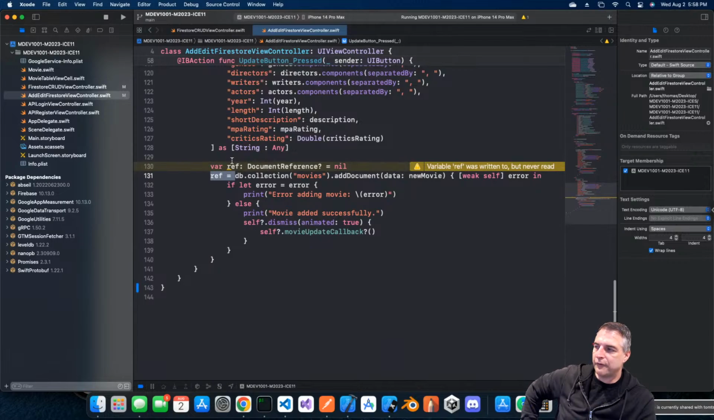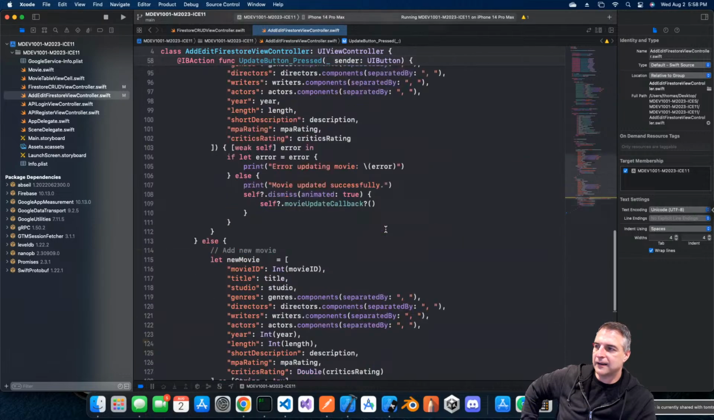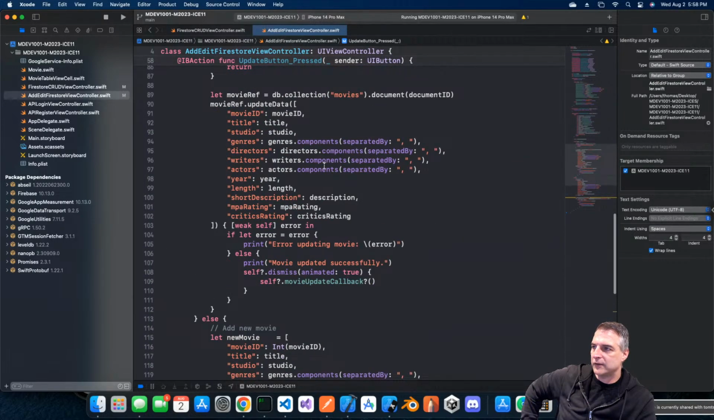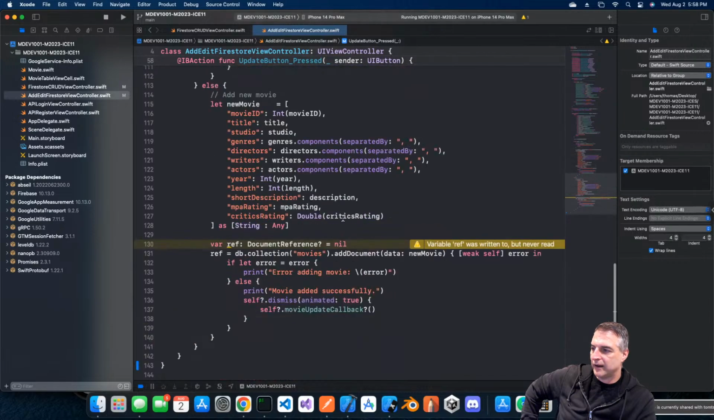So we have a reference. This is a temporary holder for a reference for our database. And we're going to say db.collection movies. Now, instead of update document, we're adding a document. Notice that the other command we used up here was an update data, movie reference update data. Here we did a movie reference,